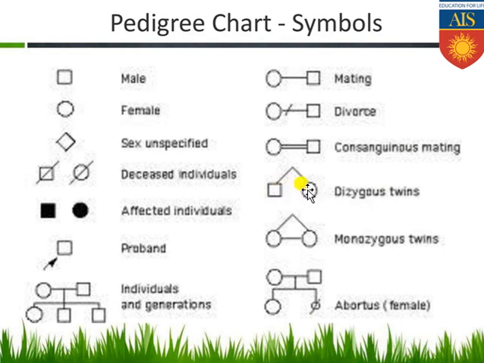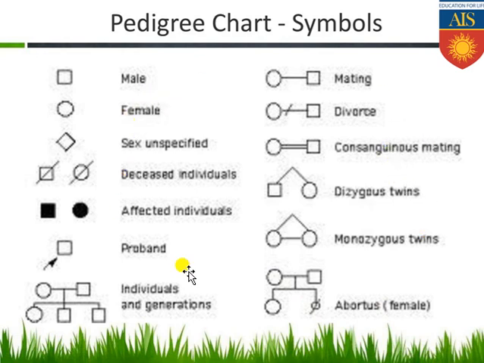Dizygotic twins means these twins, male and female, may be different based on gender, and they have been produced from two different zygotes. So they are considered dizygotic twins. Next, monozygotic twins means these two twins are produced from a single zygote, so they are connected with each other by a single bond also. In this symbol, you can see this female individual, the circle is small and also cut. That means this is an aborted female child.